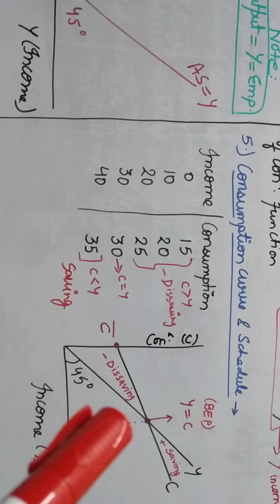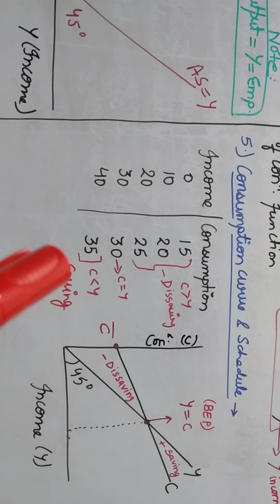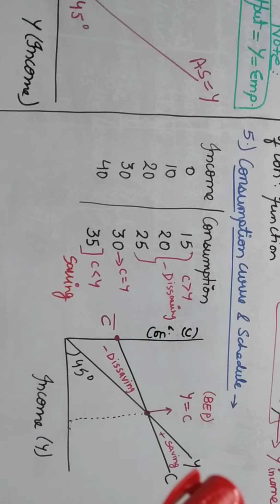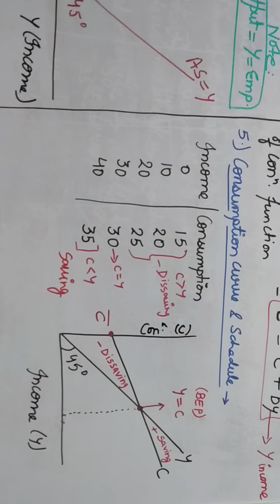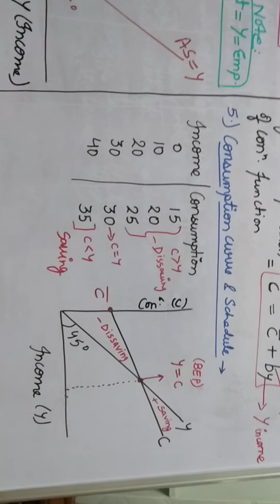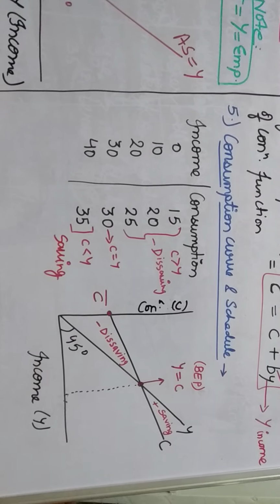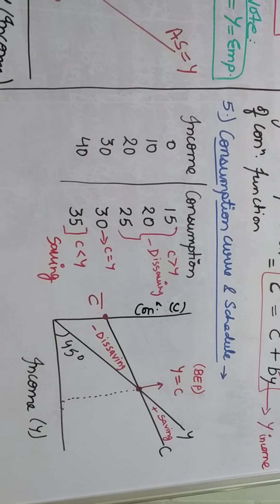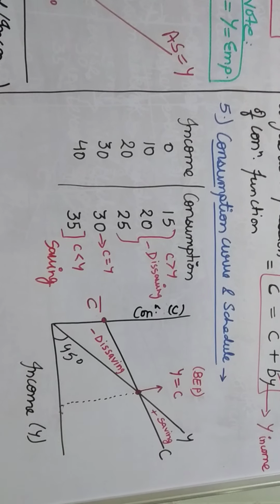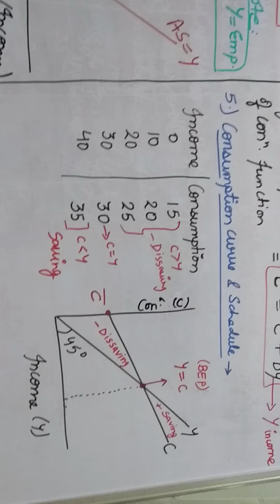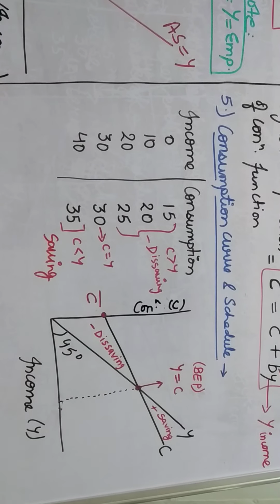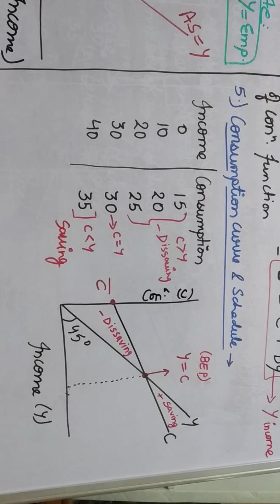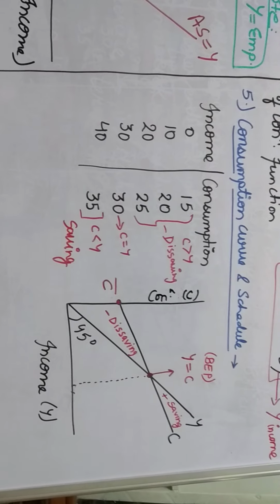Now after this point you can see when income increases, consumption lags behind. Consumption is lower, the consumption curve is downward and the income curve is upward. So the gap between Y and C is equal to saving. So this is your consumption curve. In the beginning income increases, but compared to income, consumption increases more. At one point when income and consumption become equal, according to the table 30 equals 30, that point Y equals C is also known as the break-even point. After this point income increases but the consumption curve lags behind, and the gap between Y and C is equal to savings.